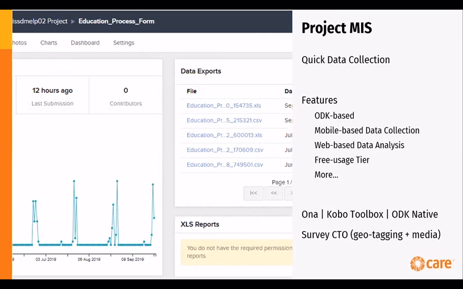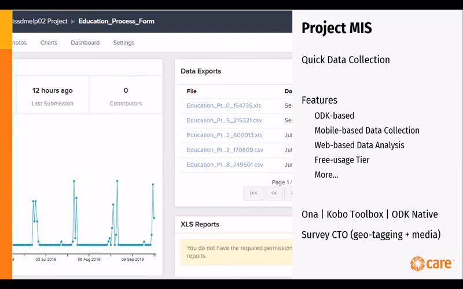So it's very difficult to pick up one system which serves for all. There's no one ring to rule them all. Although we are trying, we are still working out, and as Ram will explain, we are working out different things where we can find a magical ring which will rule all these projects. But as of now, what we try to do is, whenever a project needs an MIS system specifically for quick data collection where they cannot wait for creation of custom software or introduction of ready-made, off-the-shelf software,